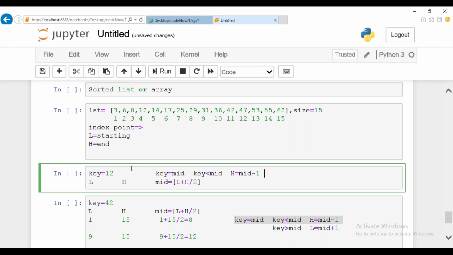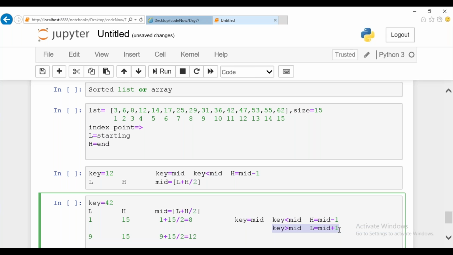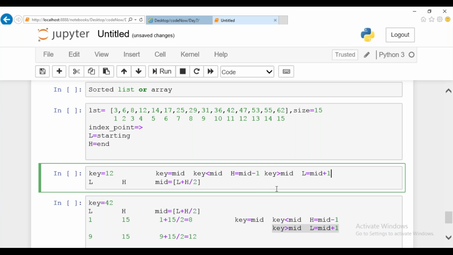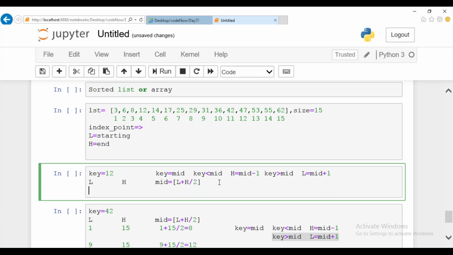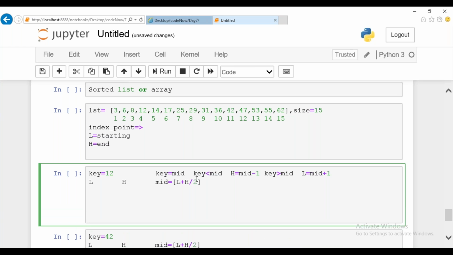What doubt, ma'am? You're telling the program or you're explaining the program, ma'am? I'm explaining the logic for the program. I didn't discuss the program syntax and all those things. What is the logic that has to be implemented? How does your binary search work? You're not showing the output, man. That's why I got the doubt. Okay. I'm doing output here.